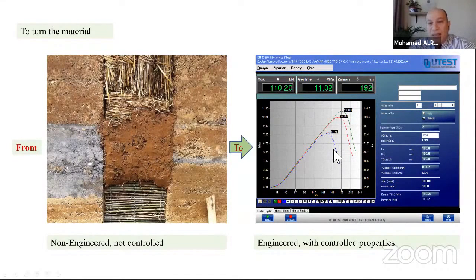on compressed earth samples. And you can observe and notice here that all these samples act the same under compression force. The curve is almost identical. And this is what we really mean by controlled properties. We need the material to act according to our expectations. And this is what we mean by becoming an engineered material.